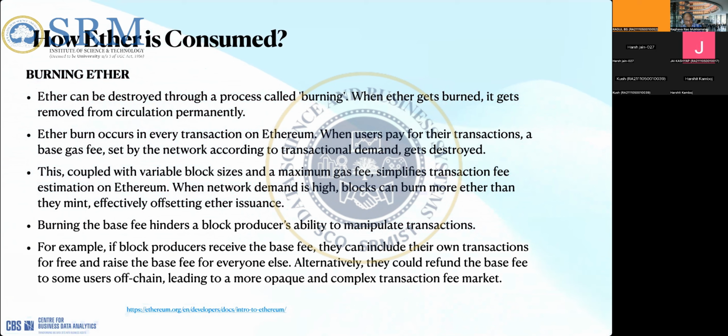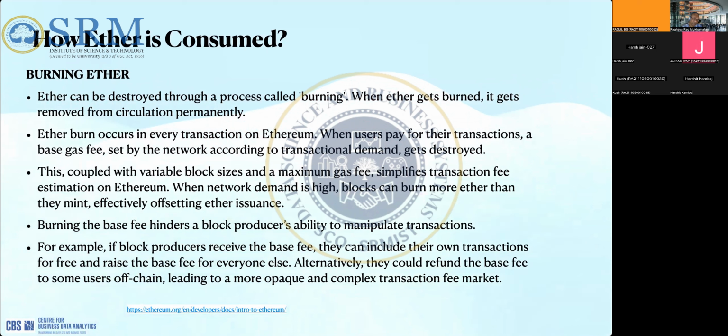Burning the base fee hinders the block producer's ability to manipulate the transaction. Why do we want to burn the base fee? We are allowing the tips, or the priority fee, to be collected by the nodes. And we burn the base fee because we want nodes to behave transparently.